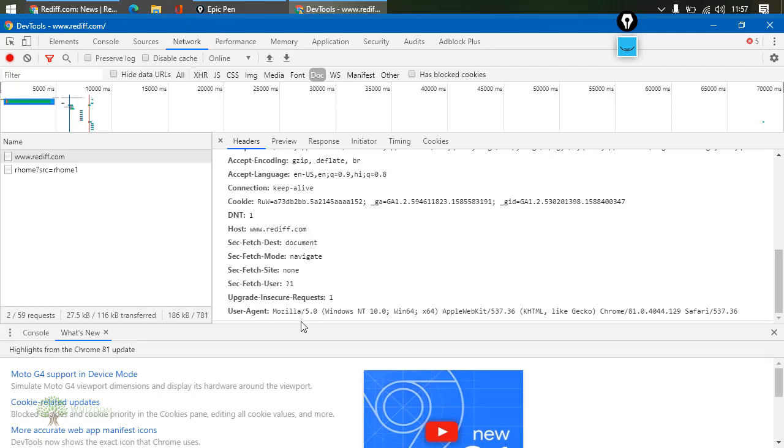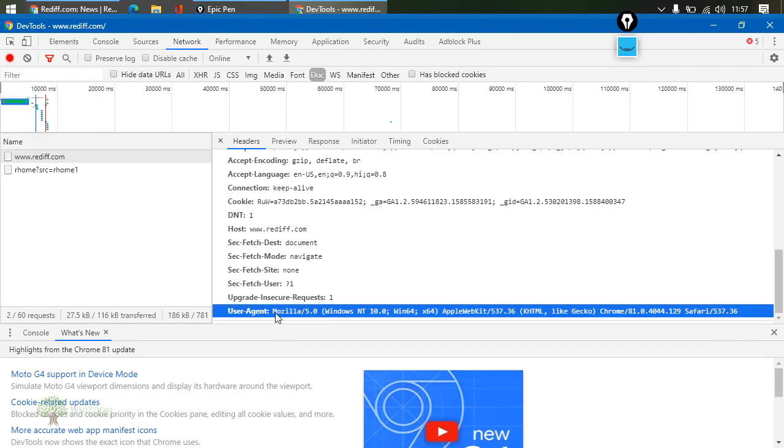User agent is very important. This is the browser type, the browser code for your browser. Even if you are using Chrome, it shows Mozilla over here because there are a few things from Mozilla that Chrome is also using. Apple WebKit is also being used, and the browser version is Chrome 81.0.4044.129.